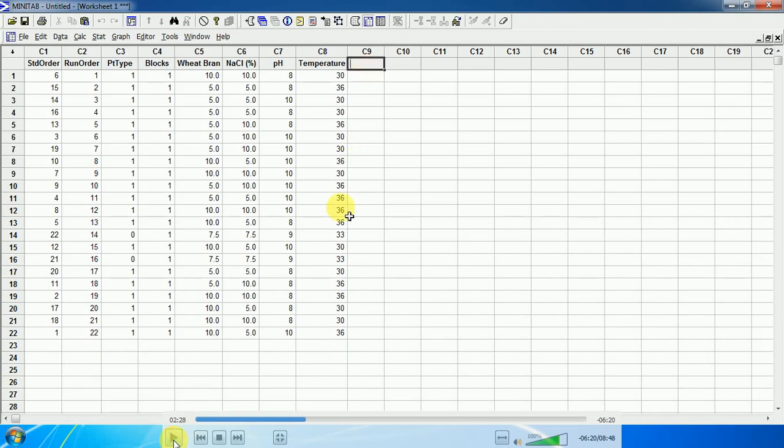Now suppose this design has been created. Now we have to run our entire process or enzymatic reaction for a defined time period. Suppose it is 2 days, 3 days or 24 hours. Then we have to record the response in the form of enzyme activity units per ml or IU, international units. We will define it here as protease activity units per ml.